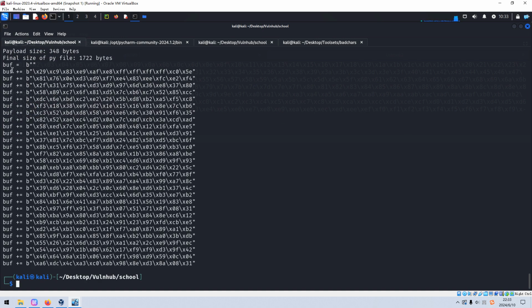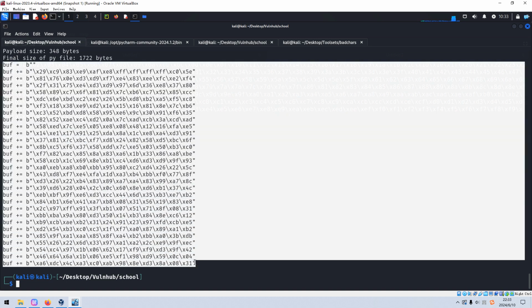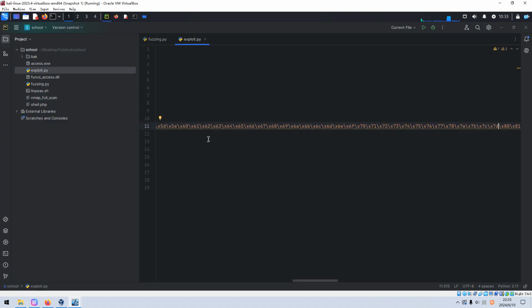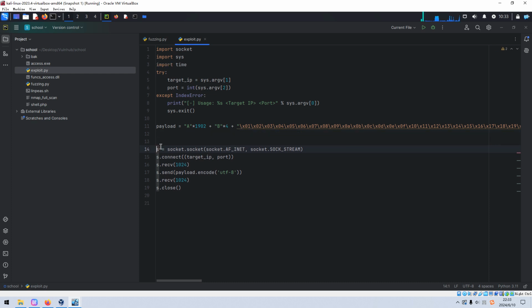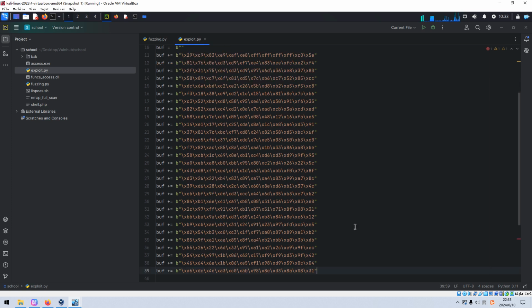Okay, it's done, and then we can copy this payload and paste it in here.